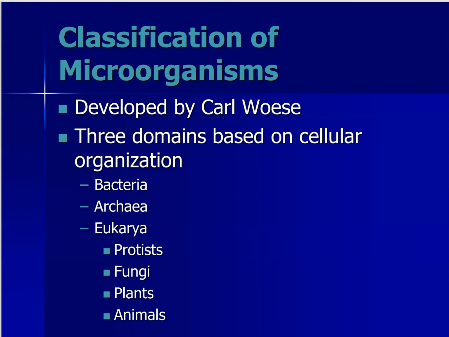And then here, the classification of microorganisms. The system developed by Carl Woese is this 3-domain system, and it's based entirely on sequencing similarities. He found that we used to have the 5-kingdom system, and we would put all the prokaryotes into one category, but he found that the bacteria and the archaea are so different from one another that neither one of these categories is more similar to the eukaryotes than the other. So in other words, the bacteria and the archaea are so different from one another that they need to be in separate domains. And then here are all the eukaryotes.